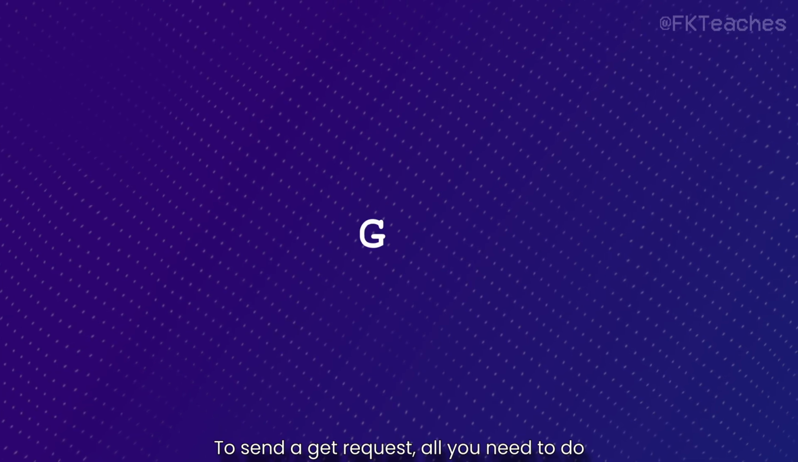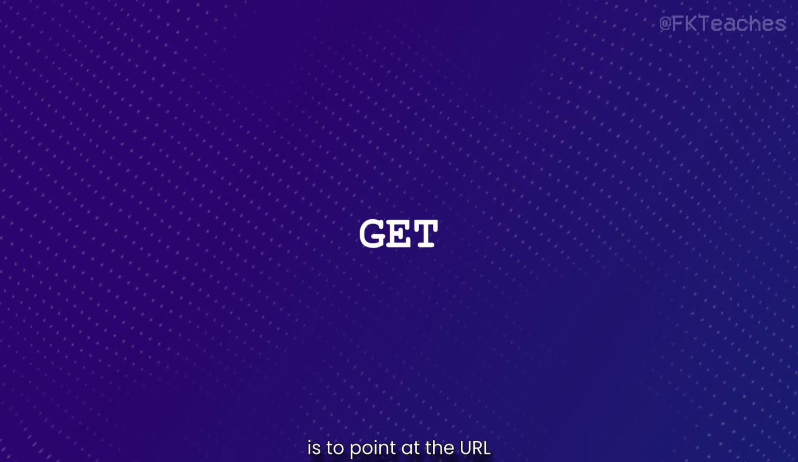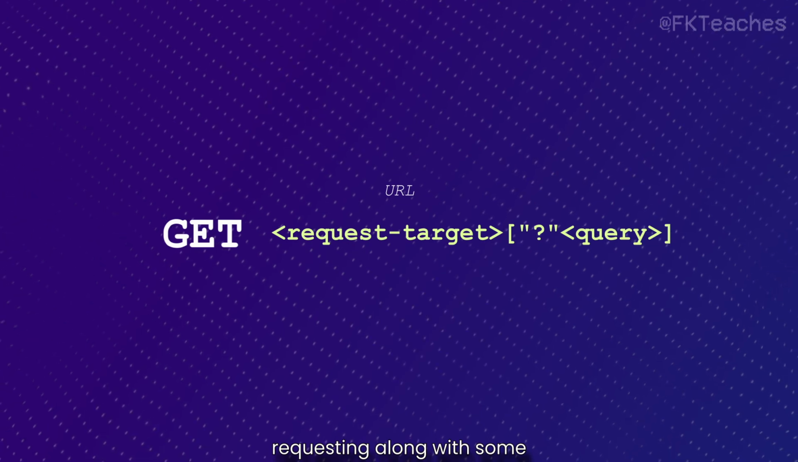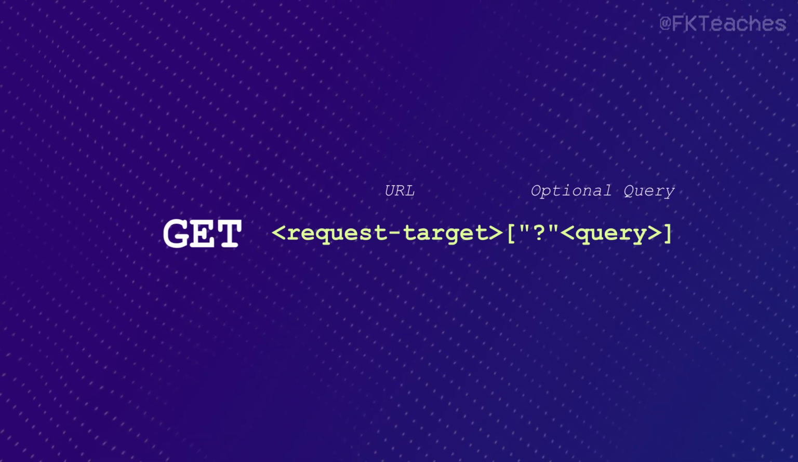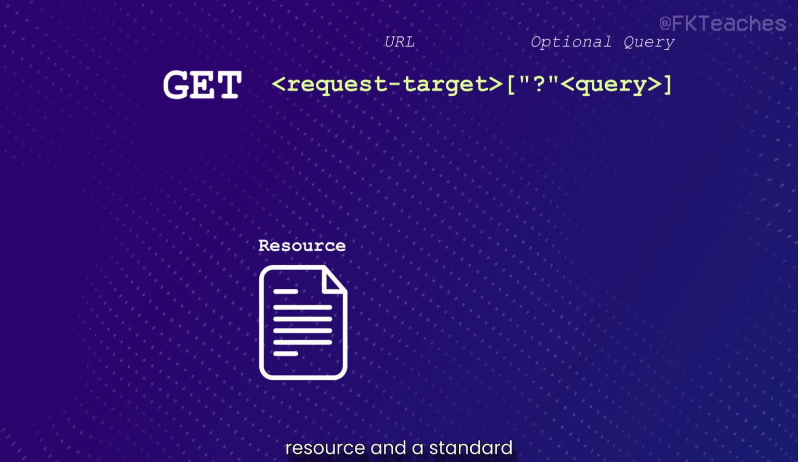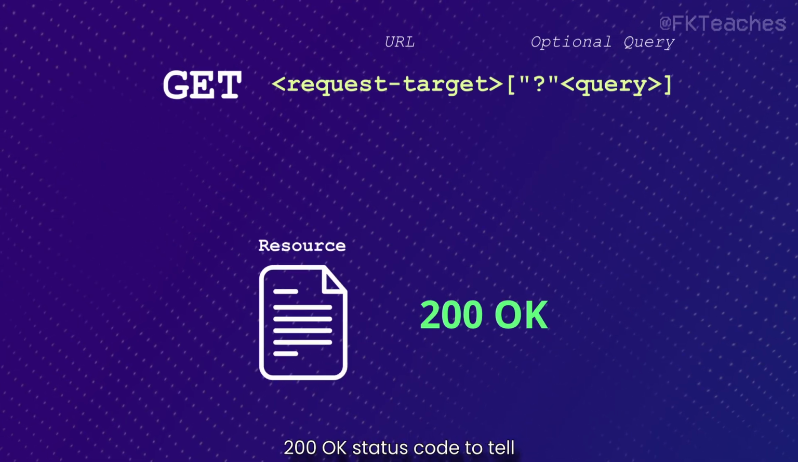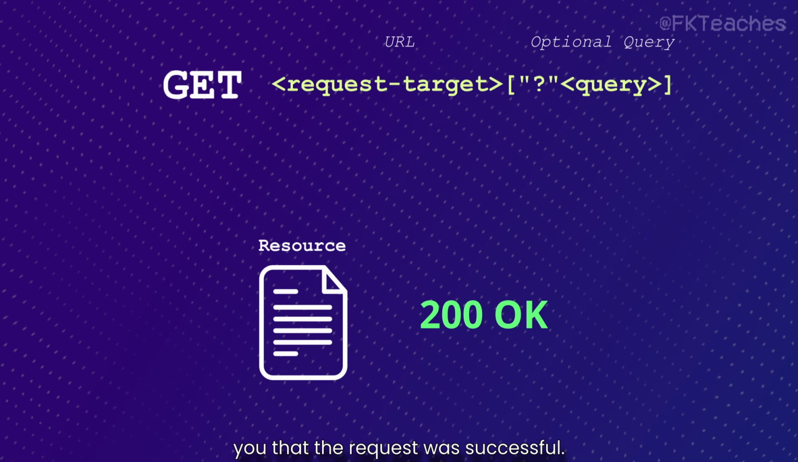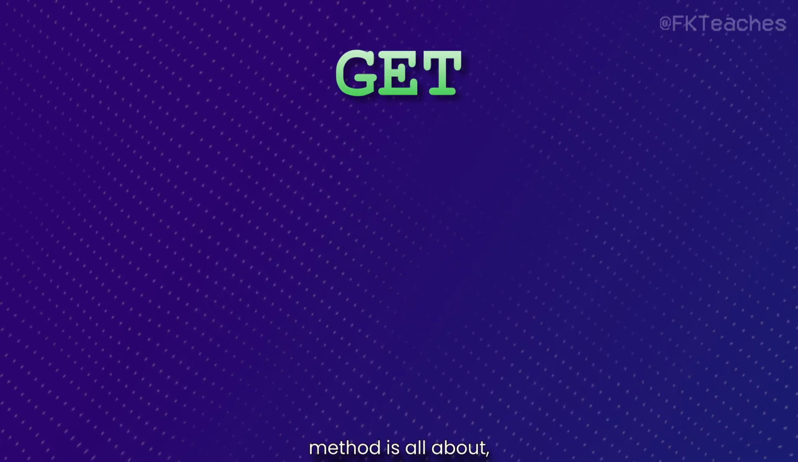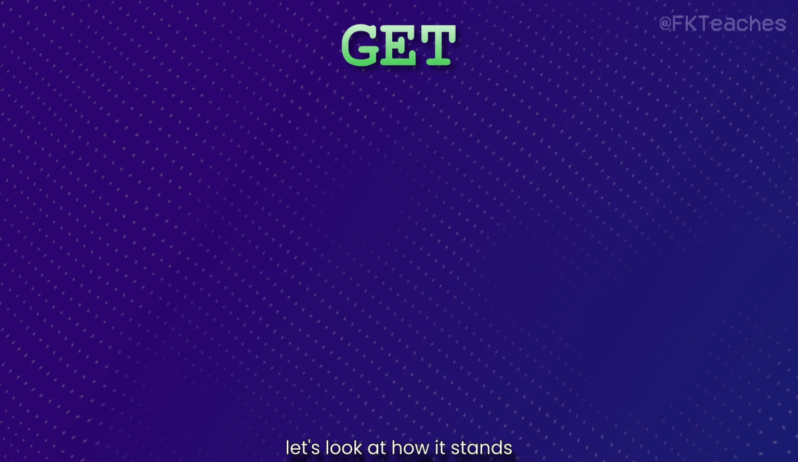To send a GET request, all you need to do is to point at the URL of the resource you're requesting, along with some optional query parameters. The server will then respond with the resource and a standard 200 OK status code to tell you that the request was successful. Now that we understand what the GET method is all about, let's look at how it stands